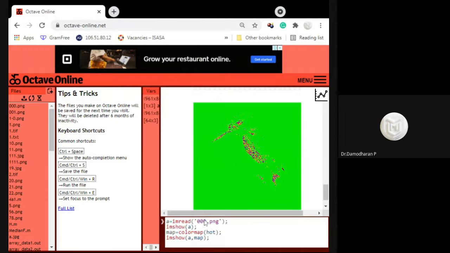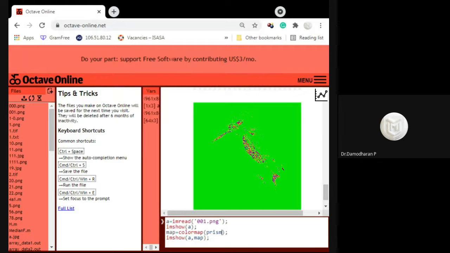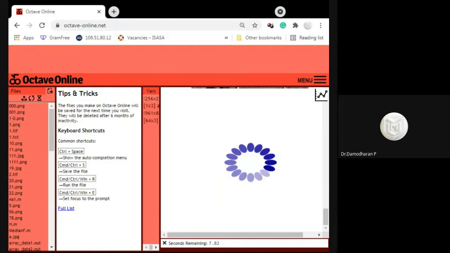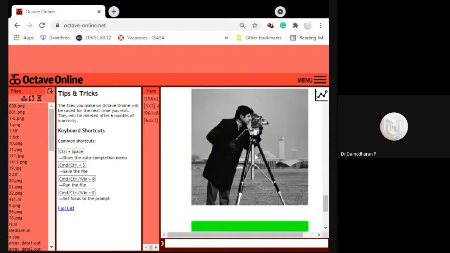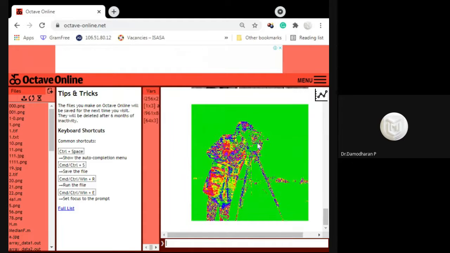Again, changing this into the very visible diagram .png, I'm using the color name prism and changing the image so you can see clearly. Prism is nothing but, if you pass a white ray through a prism, it will be reflected as different colors. Those different colors are applied here.